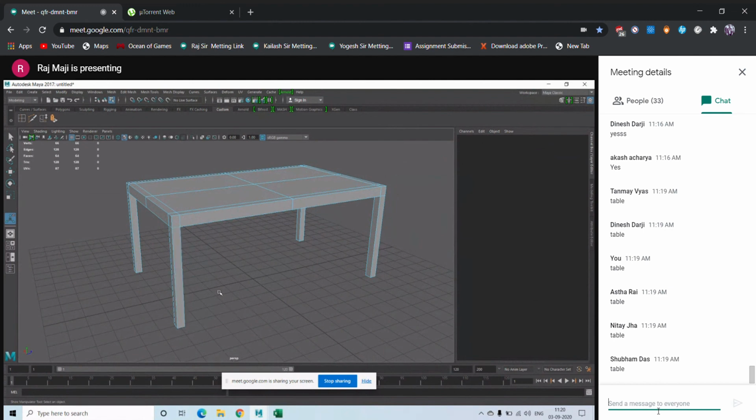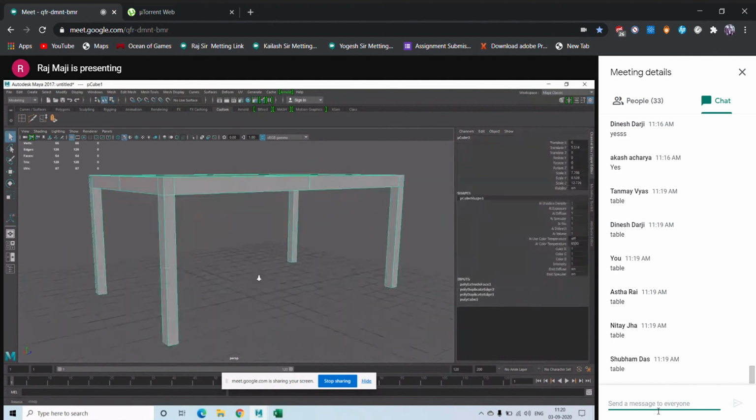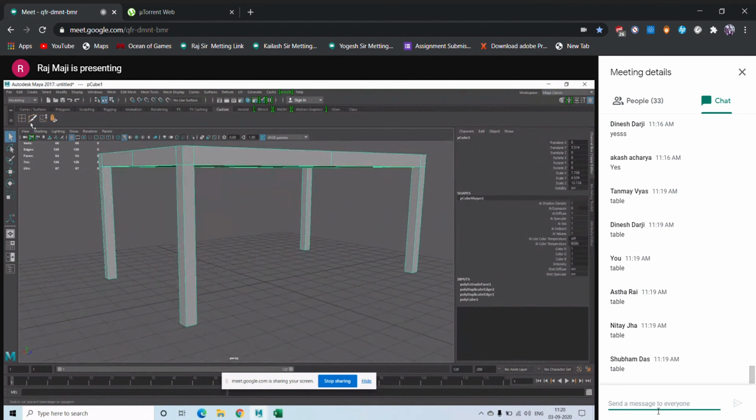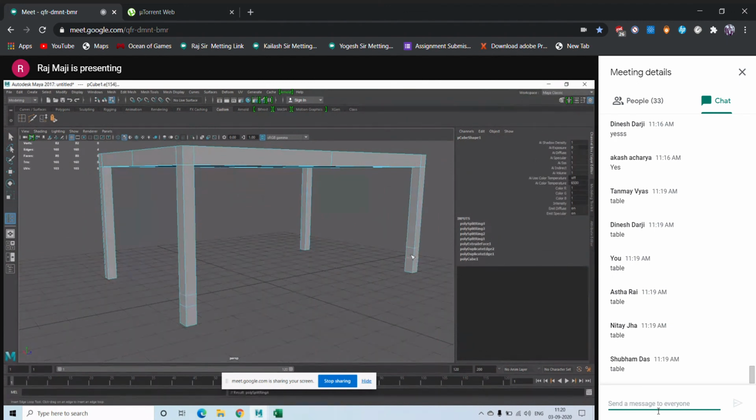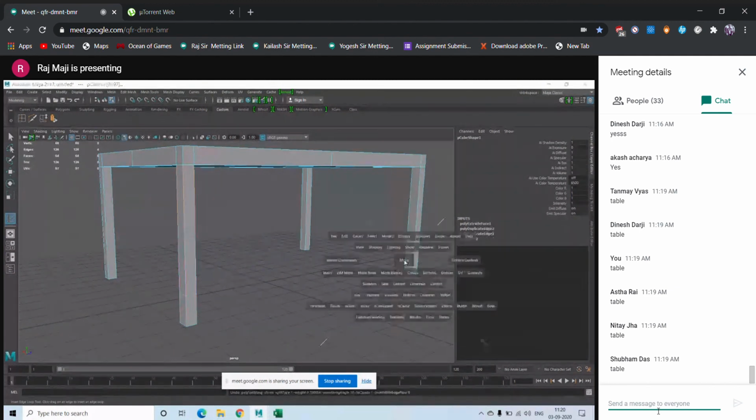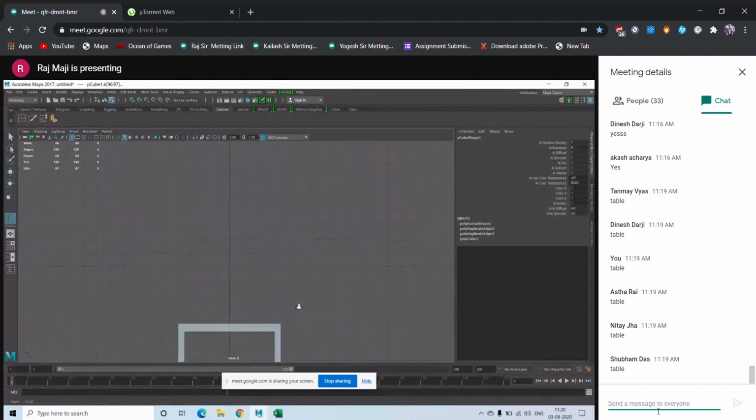Okay. So what can be done? I need more edge loops in between. So giving edge loops like this, it is very difficult to understand if I have created them at the same height. Okay. So coming to the front view or the side view, whatever,